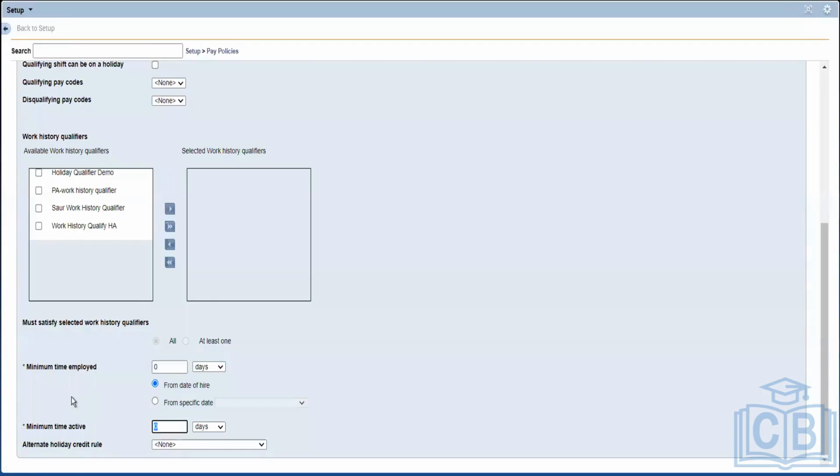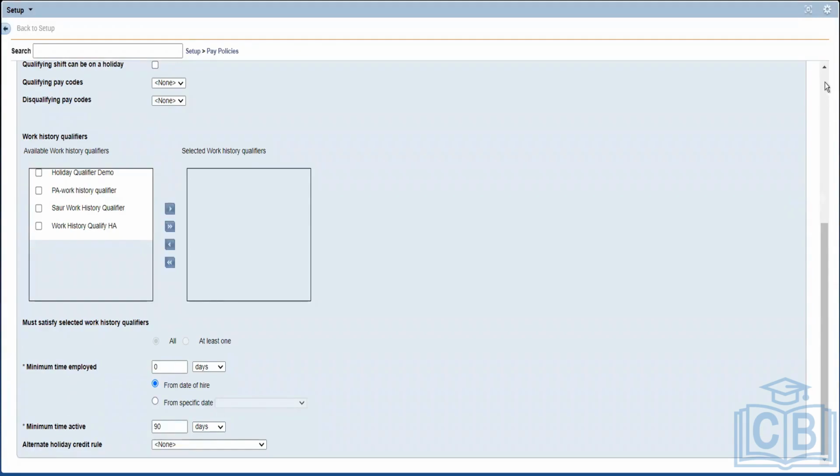But in that case, active can work because they have worked only 2 months and then now they are inactive. They will come back again after 6 or 7 months and then they will work 1 or 2 months only. Then this will be considered to be 90 days. That is the difference between days employed and days active.